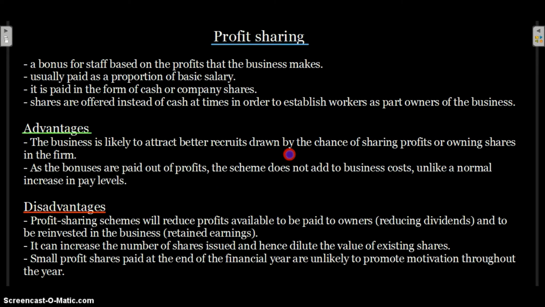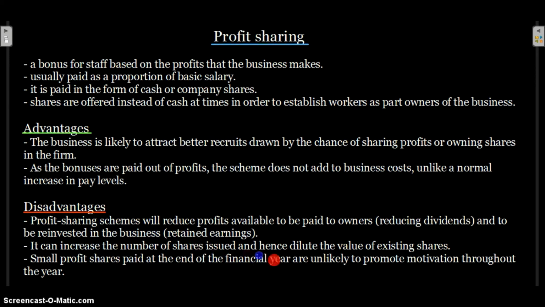Suppose you are making a profit of $1,000 annually. Let's just suppose. But this year you make a profit of, let's say, $1,200. So that $200 is extra, and you divide it somehow so that not all $200 of course, but some of it is used to issue company shares and provided to the employees instead of direct cash as a bonus, not a basic salary but as a bonus.